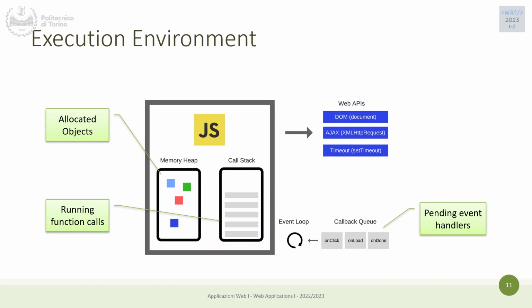So when you execute a piece of code, you have the definition of several functions, and then you have the main that calls function 1, function 2. They are put in the stack. Here you have function 1, here you have function 2, here you have function 3. All the functions are stored inside the stack. And when the execution is resolved, you take this function to the processor, I would say. You manage this function, and then this function is removed from the stack. Then you move on to the second one, the third one, until the stack is empty. So this is basically